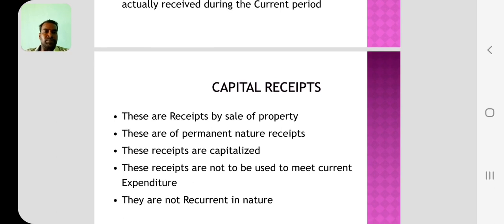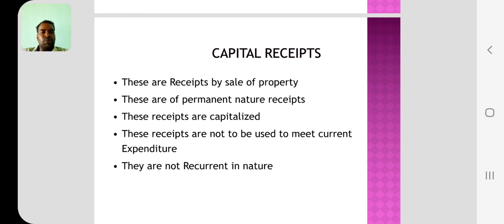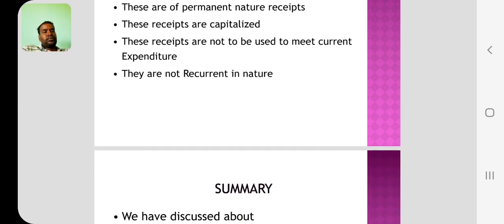Next one, capital receipts. These are receipts by sale of property. These are permanent in nature. These receipts are capitalized. These receipts are not to be used to meet current expenditure. They are not recurring in nature. Like